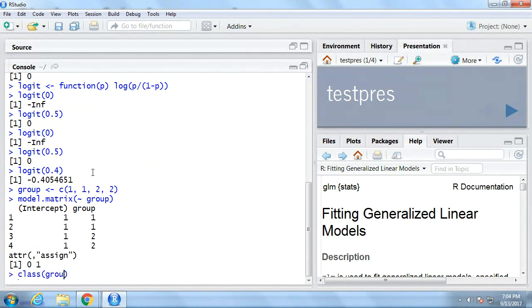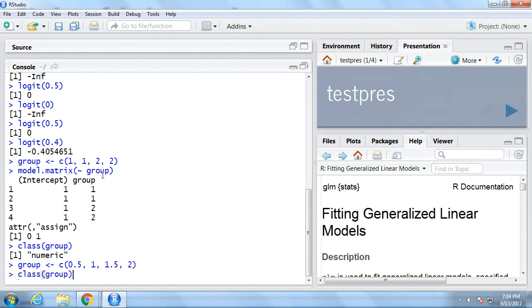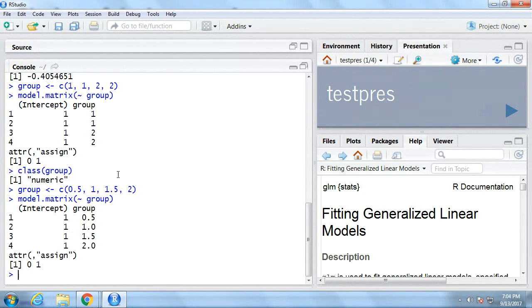What was the class of group? It's numeric now instead of a factor. So what happened is it just used the actual values. It didn't recode them as dummy values. If I had done group c(0.5, 1, 1.5, 2), it's just putting them directly there. So that is one difference, and the other one was